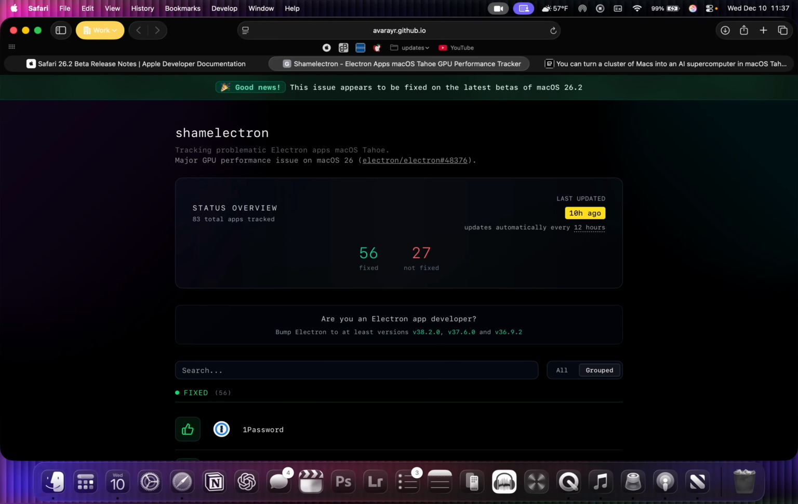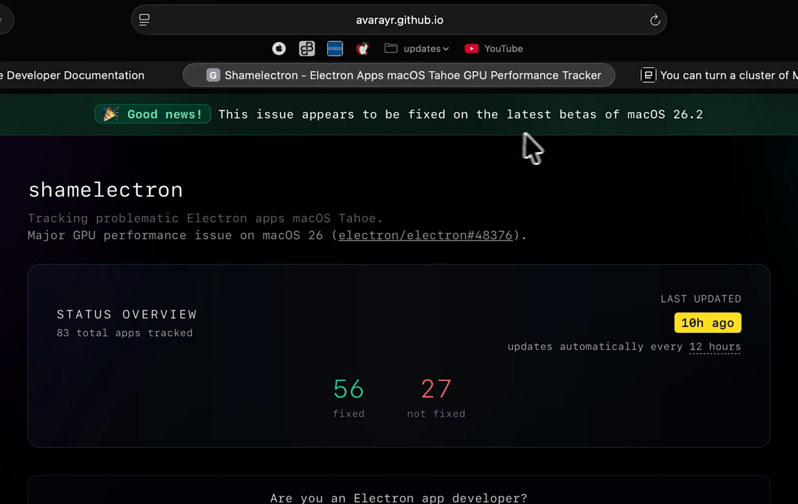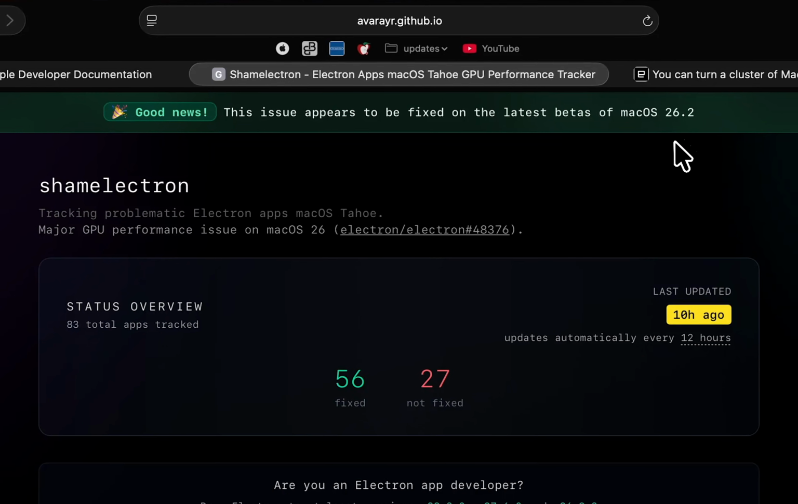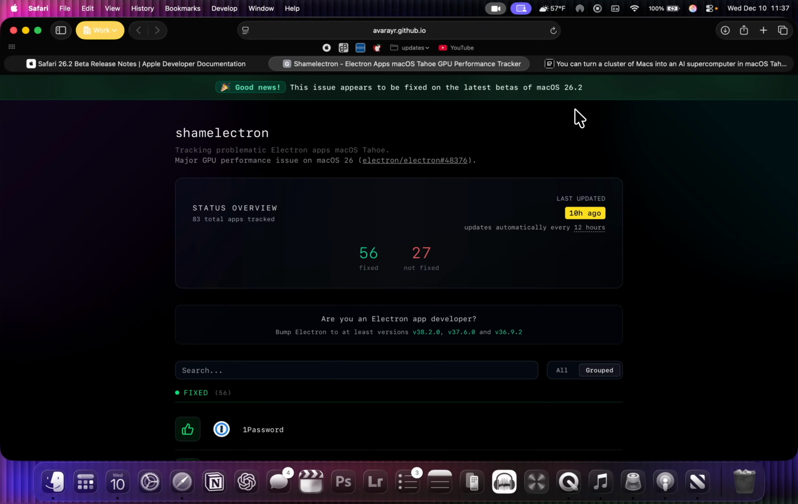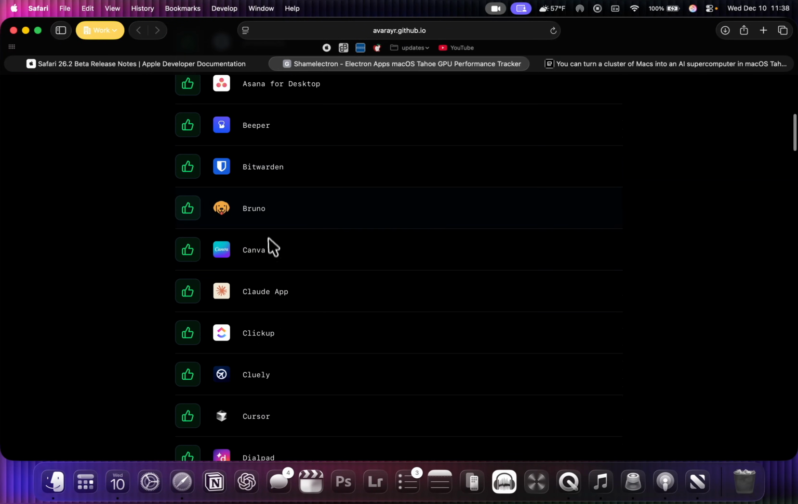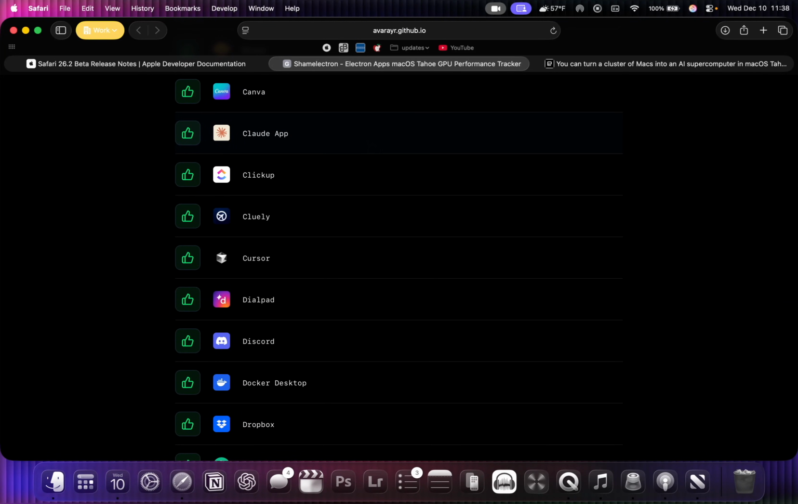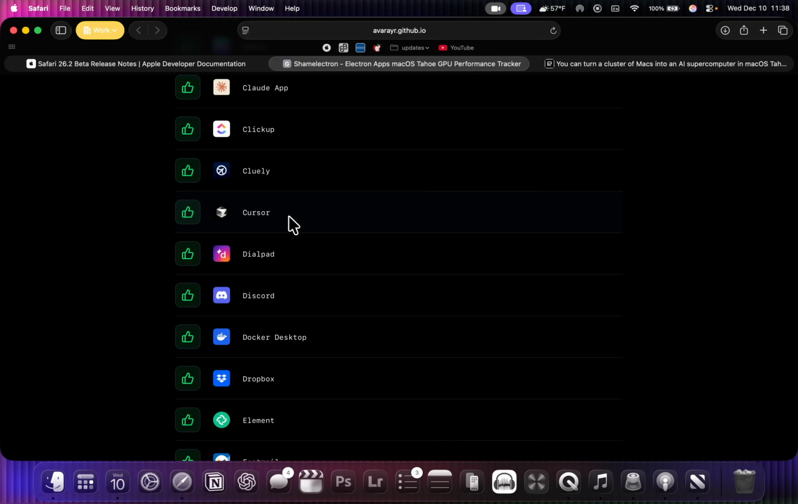Now here's a pretty big change with macOS Tahoe 26.2. So the big Electron GPU bug appears to have been fixed with macOS Tahoe 26.2. You could see up here at the top, it says this issue appears to be fixed on the latest betas of macOS 26.2. So if you're not aware, there was an Electron bug that clashed with macOS Tahoe's graphics engine that caused apps like Slack, like Discord, Notion, and many more. As you can see right here, Canva, Bruno, Bitwarden, Beeper, all of these had issues where they would really lag and just run very slow. But that appears to be fixed